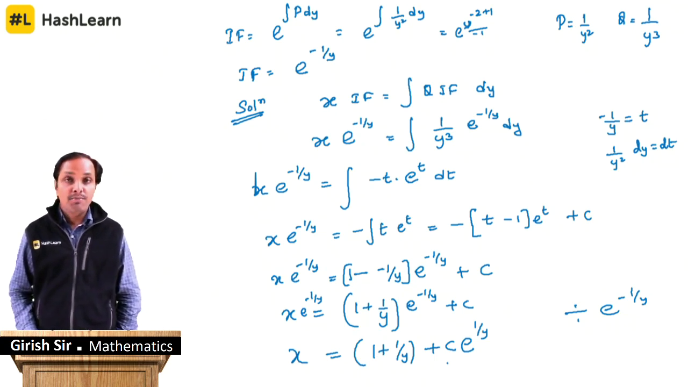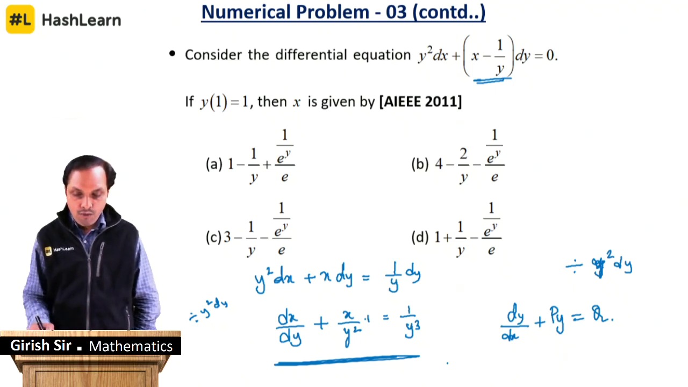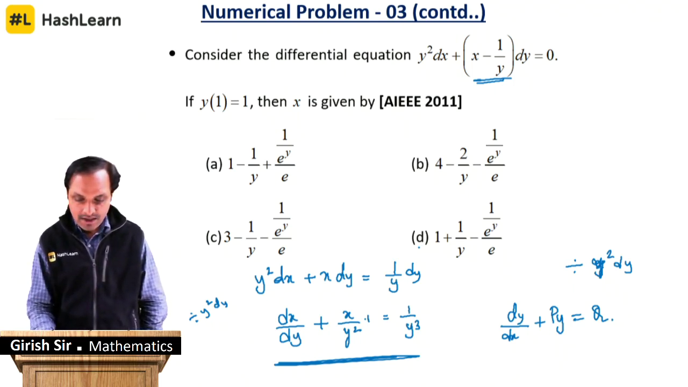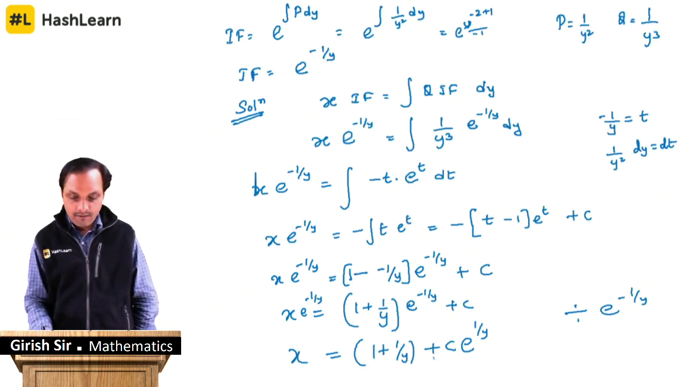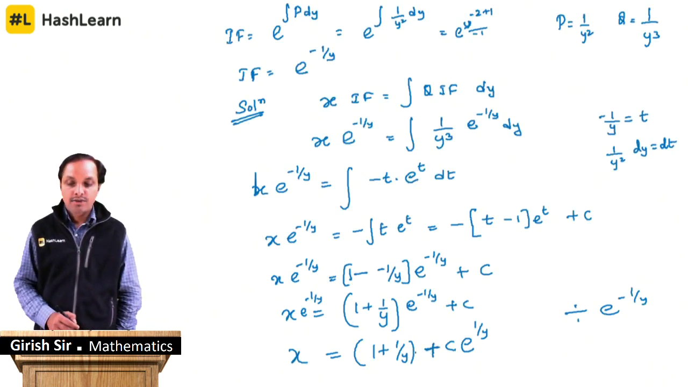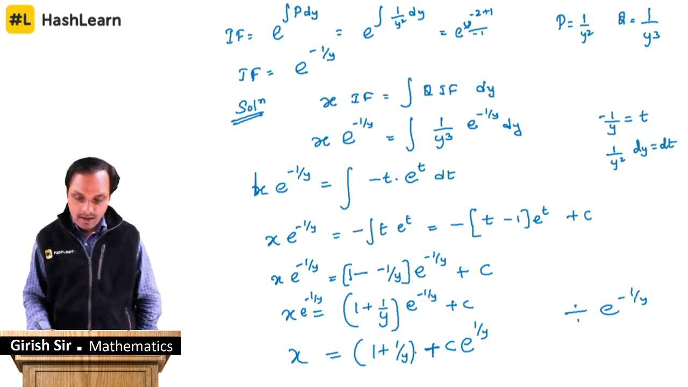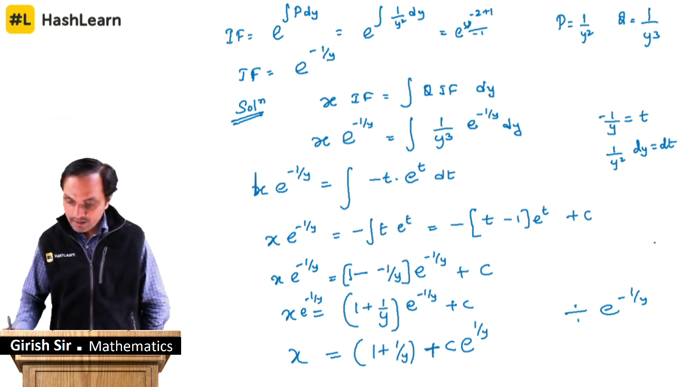So let me check with the options here. You have 1 plus 1 by y and you have a negative sign here, but we have a positive sign here. So you should not worry about that at all. Why you should not worry? Because